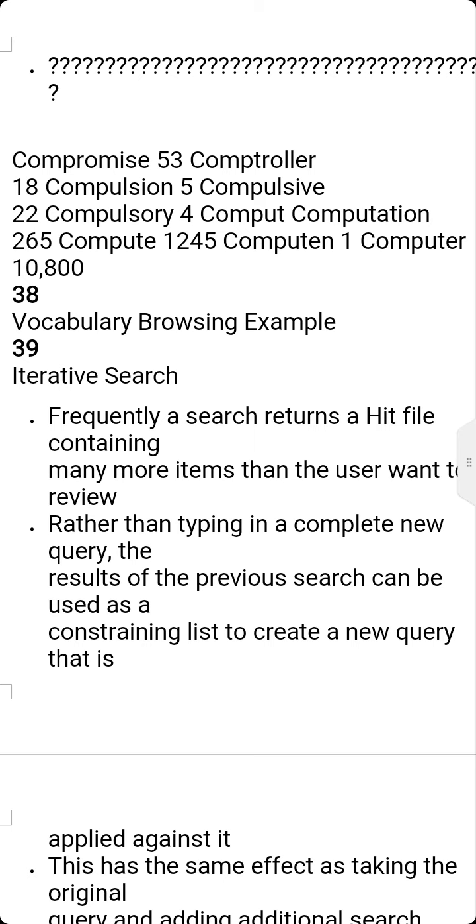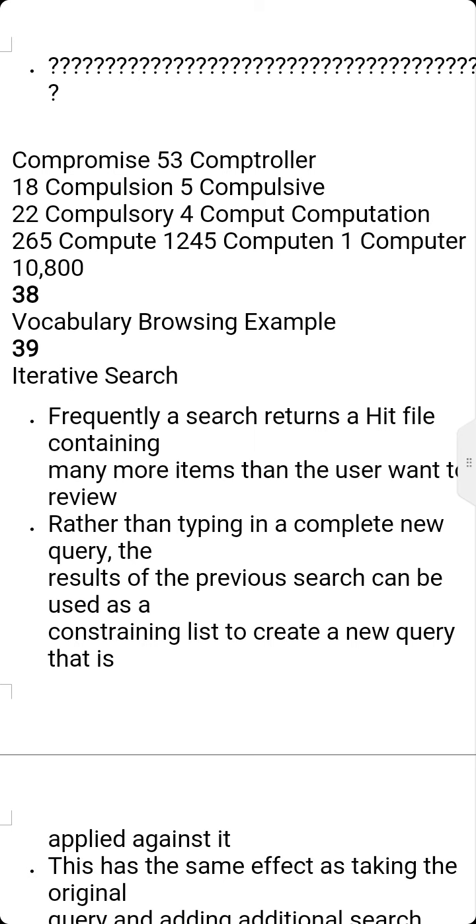That decreases the time, since you are not going to type the previous question papers again. Previous searches will be present in the search box. When you start typing, it is going to show you. If you require it, you can press enter; if you don't, you can type the matter. That is iterative search.